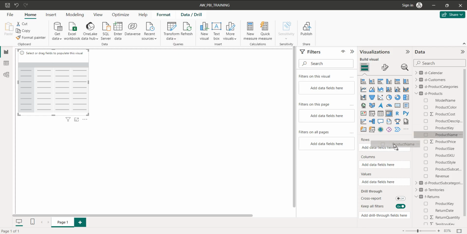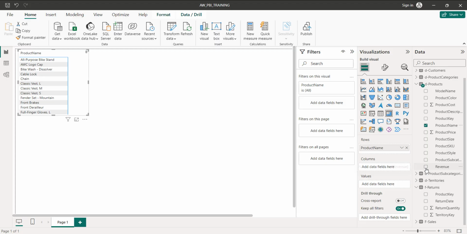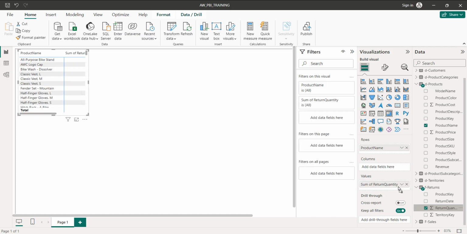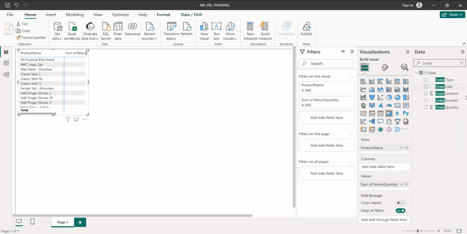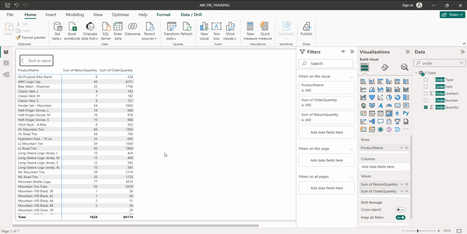I'll take product name on the row side, return quantity and order quantity in values. Let me focus this view, so it will be very easy